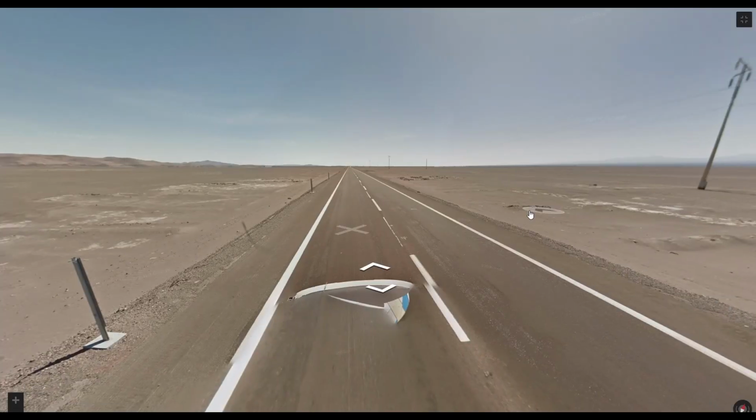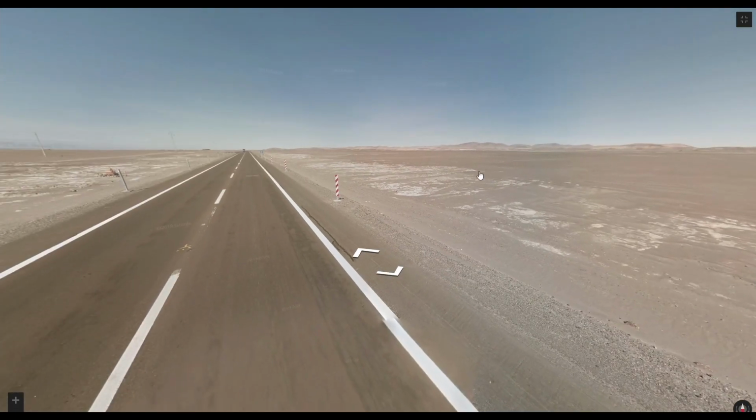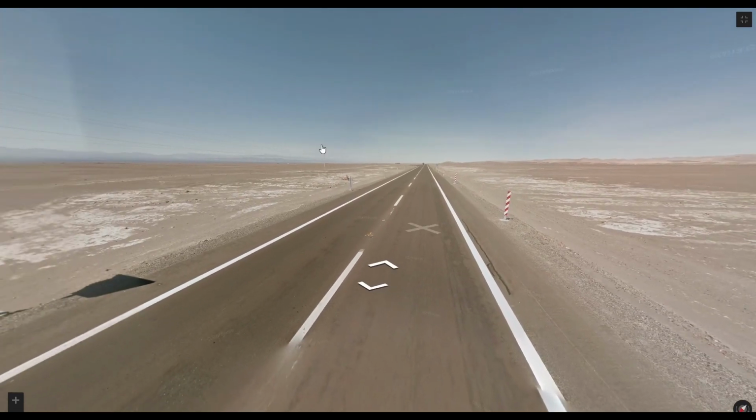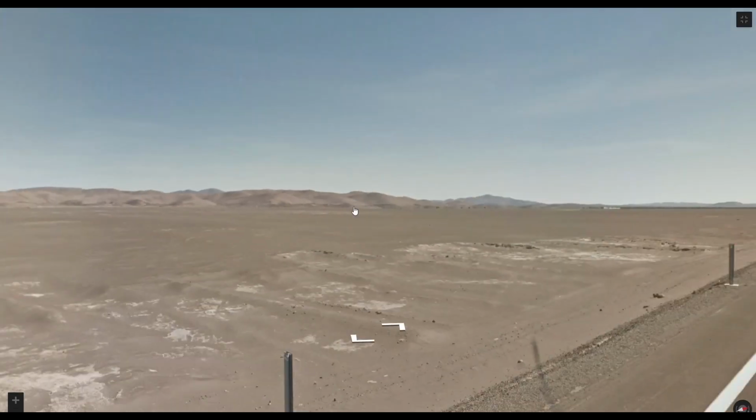Our next country here is Chile. Now in Chile you will get a white car, and in the north, which we are in currently, it is very deserty, kind of similar to southern Peru. It's just really, really dry, and it is fairly mountainous. I don't know if those are hills or mountains, but there are more mountainous locations than this one